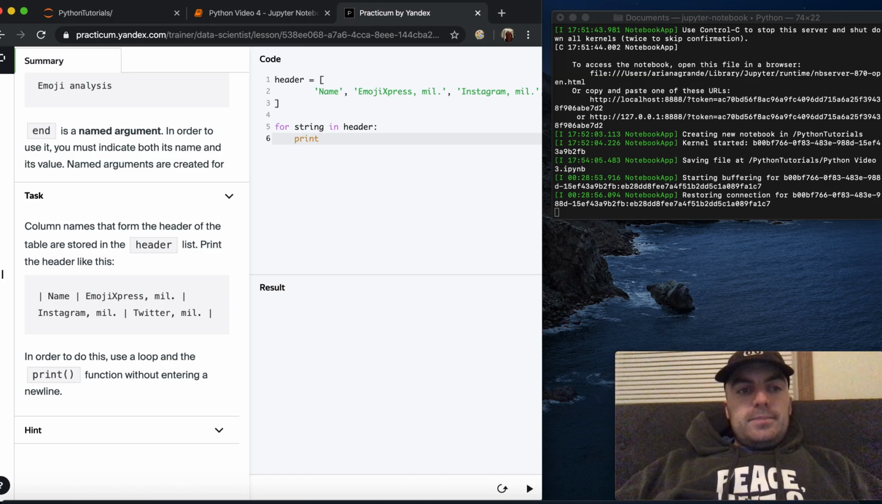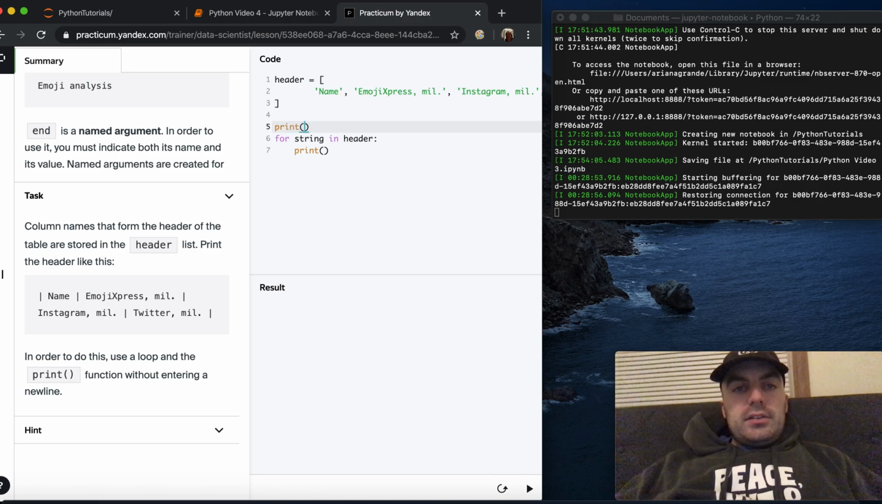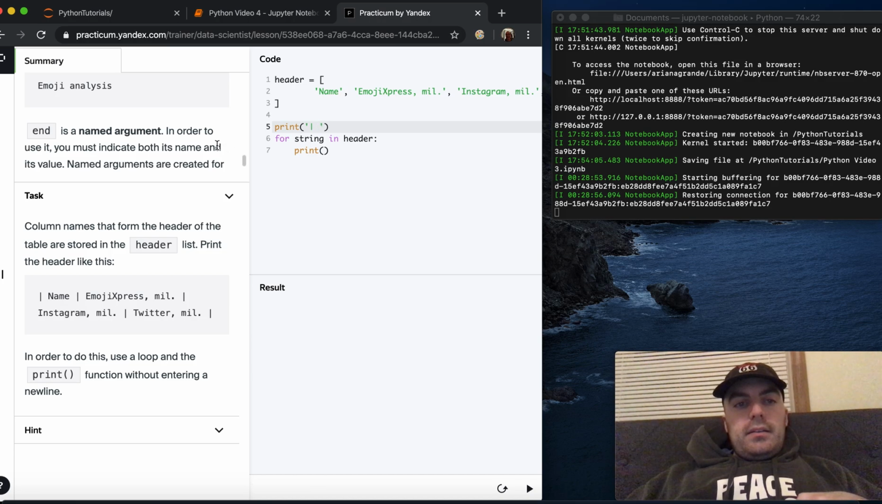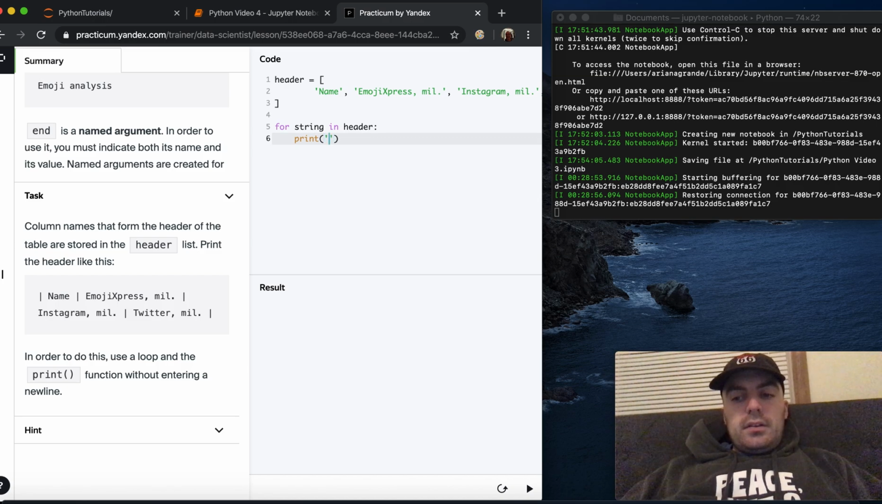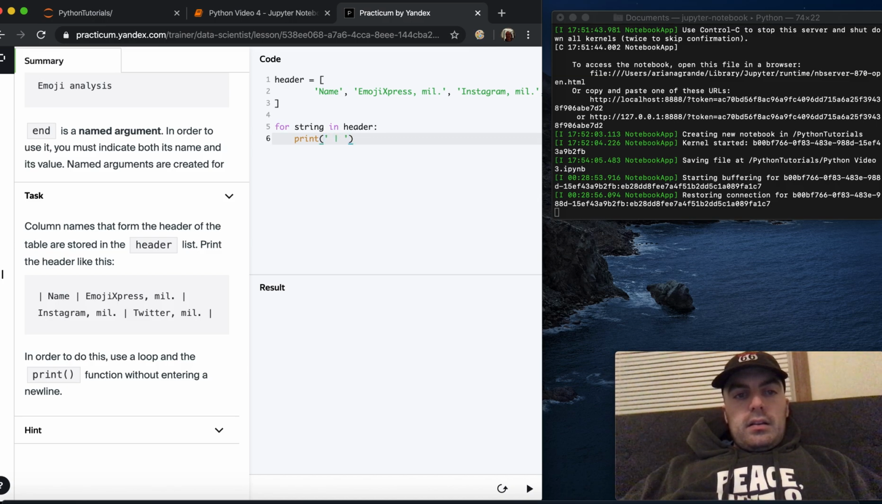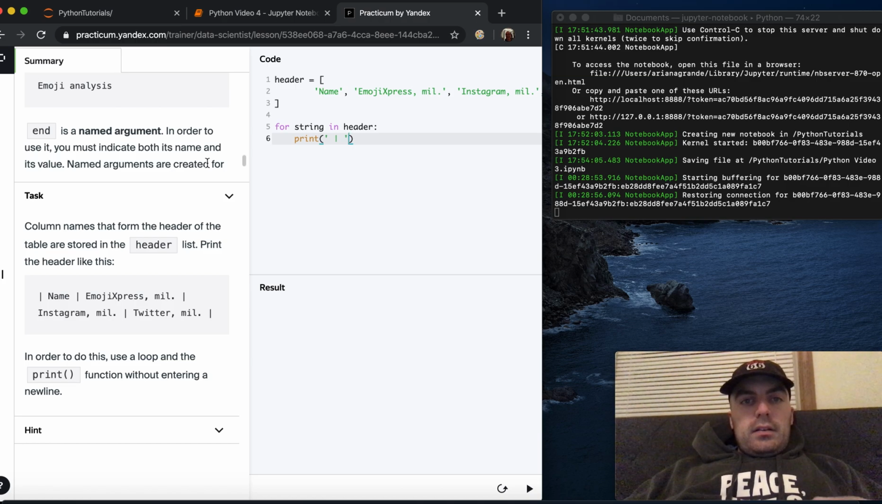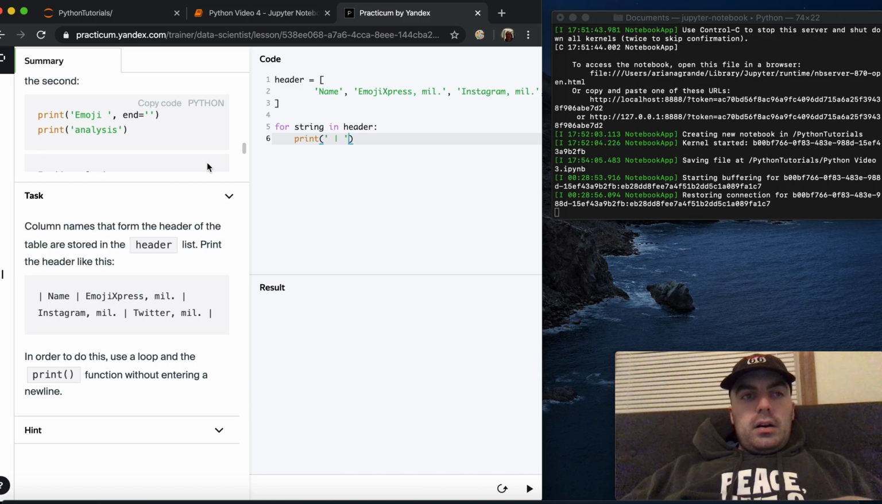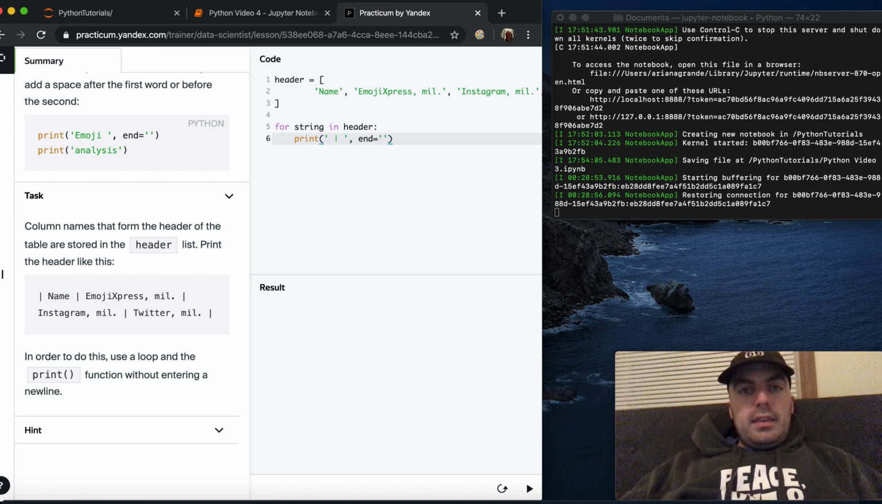So we want to print, let's see. First we want to print a pipe character, a vertical line, before we go on the loop. That's because, well, I guess we don't need to do that. We can do it inside the loop because we can print that first. So we'll print the pipe character, and then what else do we want? We want no new line. We just want it to be on the same line, so we do end equals nothing, and then